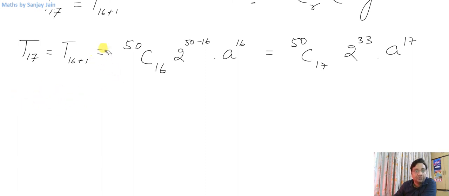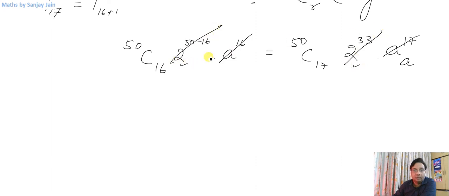T17 is equal to T18. That gives me this equality. Now I can cancel this and write a here. This is 2 raised to power 34, this is 2 raised to power 33, so I'll write 2 here. And what about a? A I need to find out. A is equal to twice of